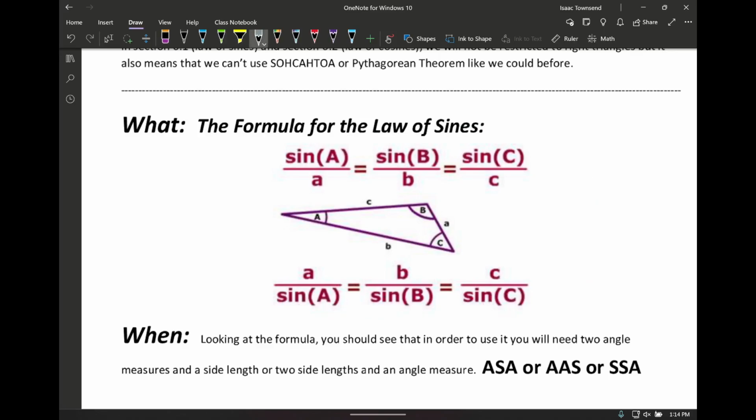You can take the sine of an angle divided by its opposite side and set it equal to the sine of any other angle divided by its opposite side, or even the sine of the third angle divided by its opposite side. Now this formula and this formula are the same thing, they just took the reciprocal of each side. I tend to use this if I'm solving for an angle, because the angle stuff is